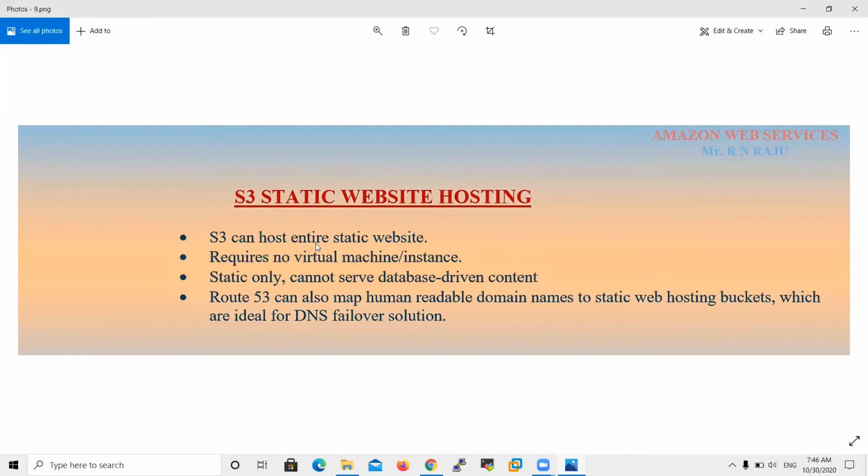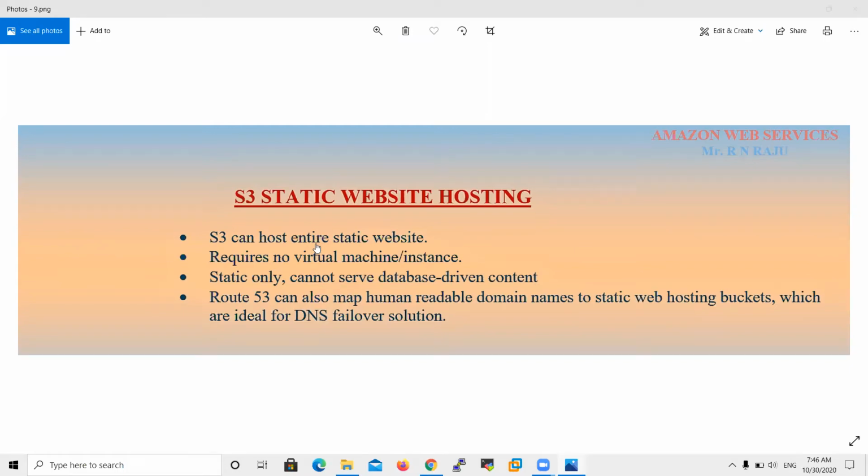So finally, one server is required for hosting websites. But static website hosting says no need for any virtual machines or instances. With the help of a bucket property, you can host your website. So that's why it is a great feature.